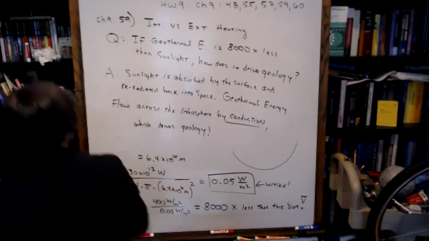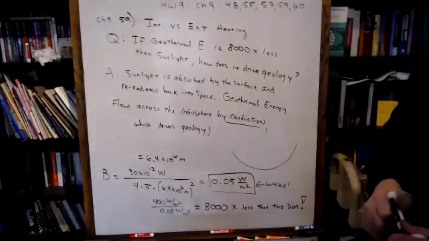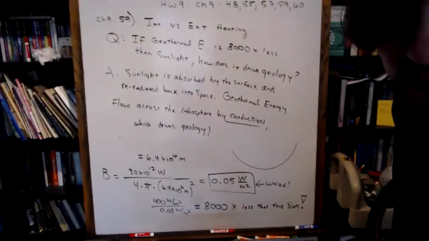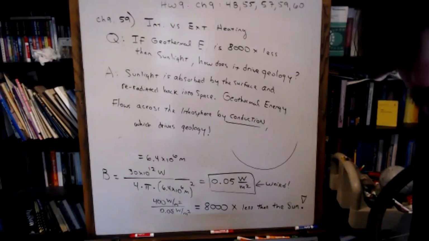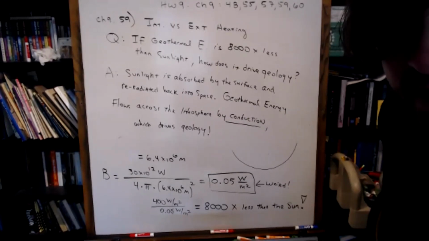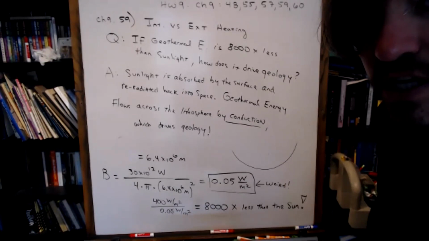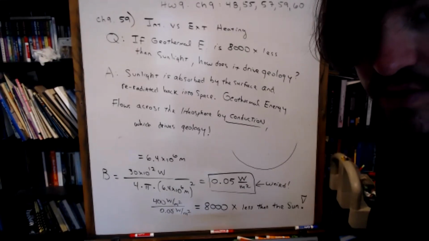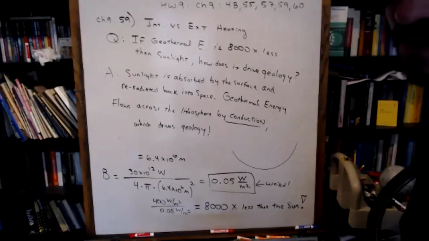But Jace, in a way you were right. It is pretty freaking weird that all of the energy that's creating volcanoes and earthquakes is 8,000 times weaker than sunlight. This is why sunlight drives your surface temperature, but the amount of geological activity you see on a planet is driven by its size and its internal heat. That's the message of this story.